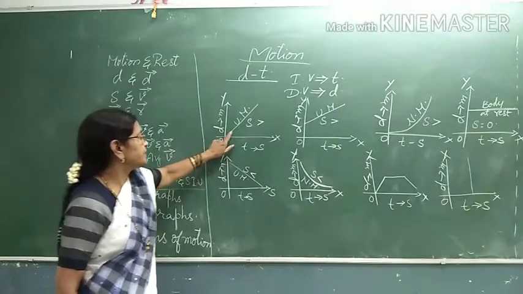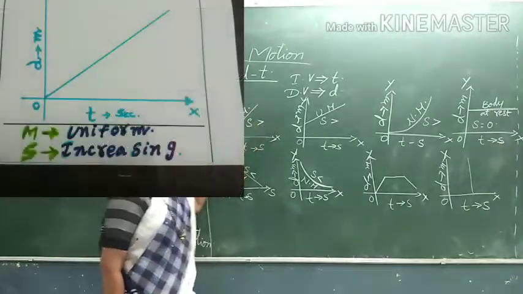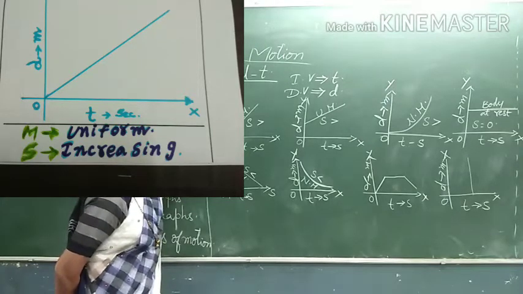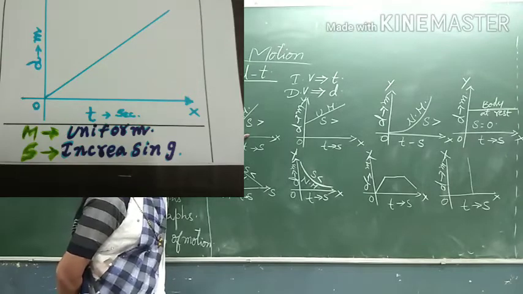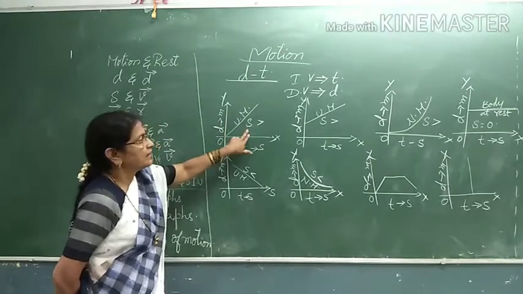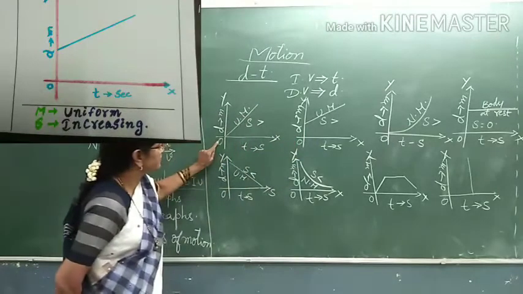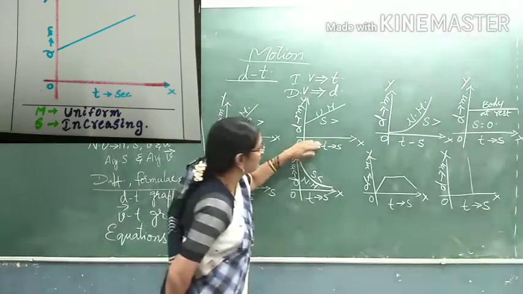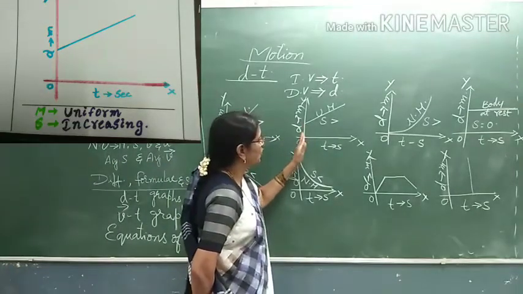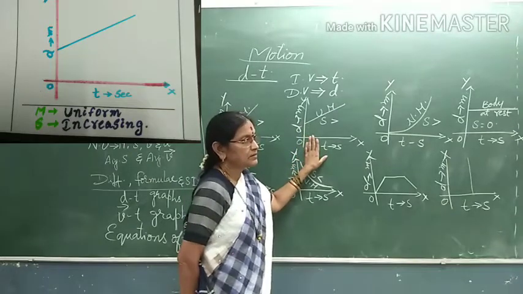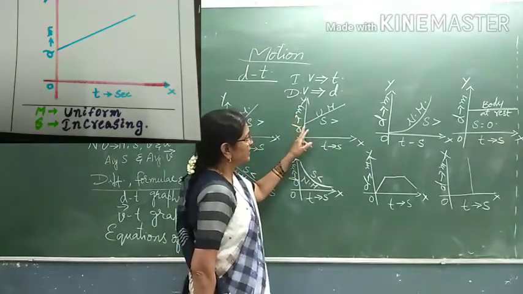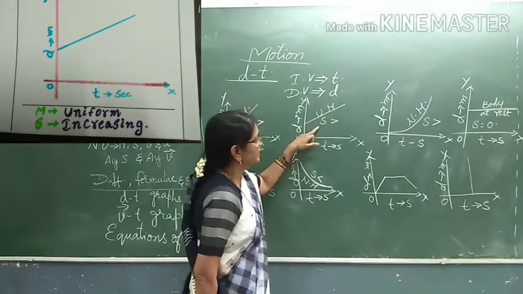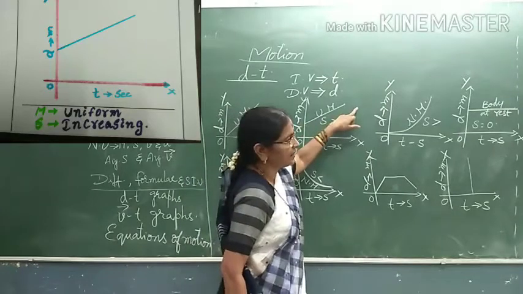When the graph is a straight line and the slope is going upward, it describes that the body is moving uniformly. So it represents uniform motion and speed is increasing. In the first graph, it is starting from the origin, so the body is starting from rest. In the second graph, the graph is starting halfway from O, so it is not starting from rest. It has already covered some distance. But the graph is going in a straight line, so it is also uniform motion. Speed is increasing since the gradient is in the upward direction.